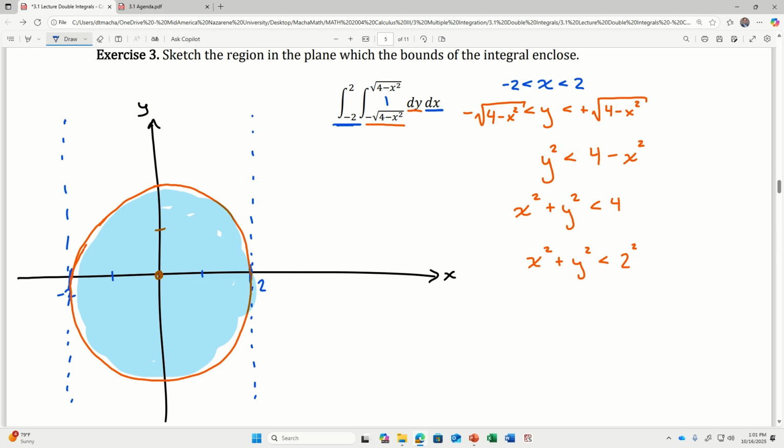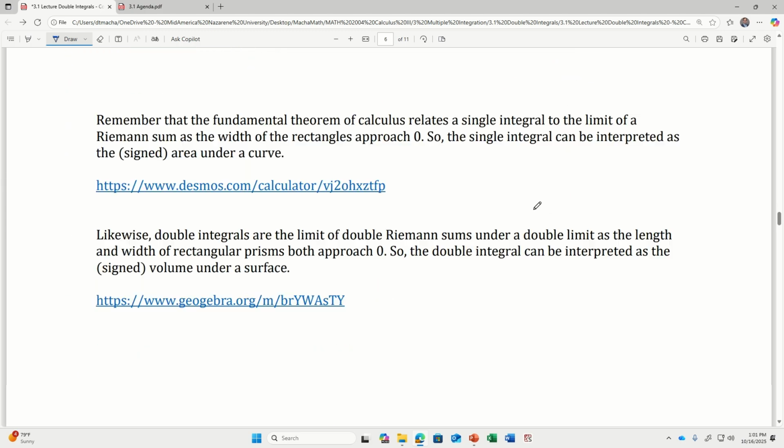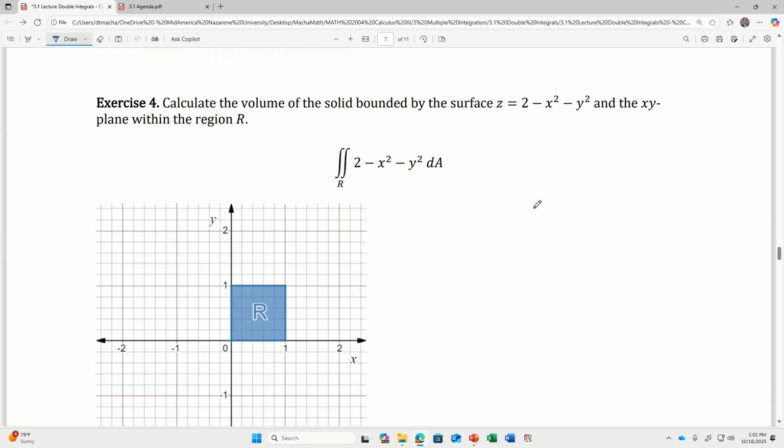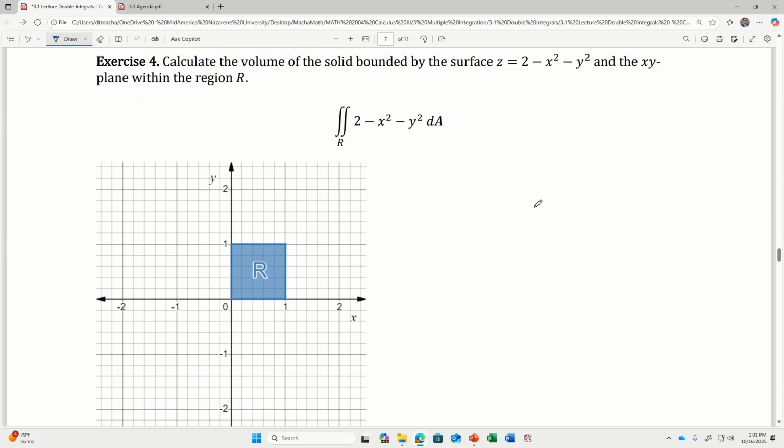That's a good question. But like in this example, the base of the solid that we're about to talk about here, when I say calculate the volume of the solid, the base of the solid is a square. And the sides of the solid are going to be flat. But the top of the solid is going to be defined by this paraboloid. It's going to have like a rounded kind of top to it. We can look at this in GeoGebra maybe if